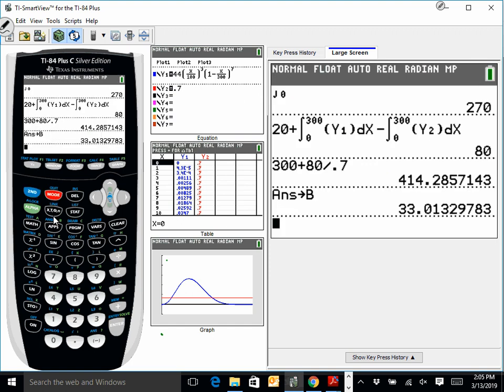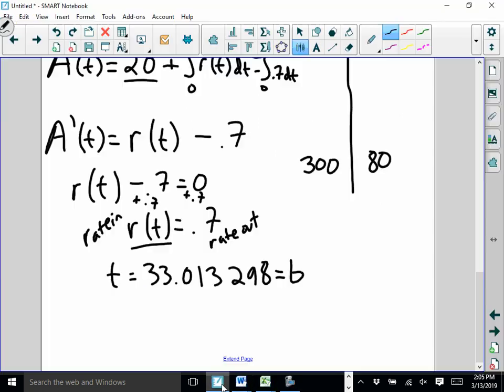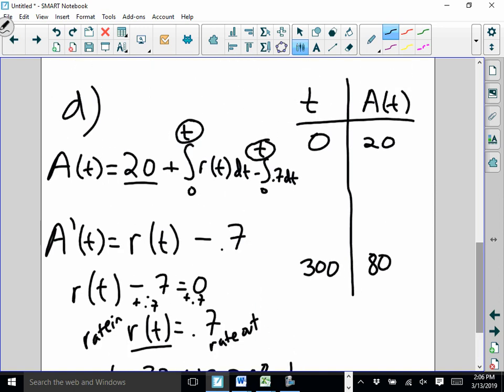I'm not using A because I already called my function A, but if you differentiate between a capital A and a lowercase a, that's okay too. Okay, so now I just need to make sure that I write that in my scoring section. Okay, and now all I have to do is test B and C to figure out which one is the minimum value. I'm going after the absolute min here. So now I'm just going to go back to this equation,